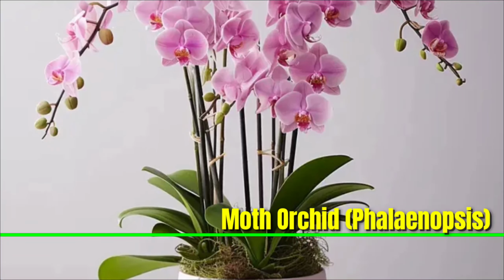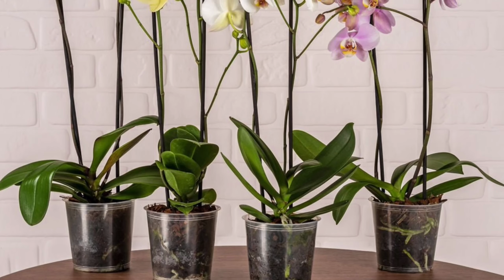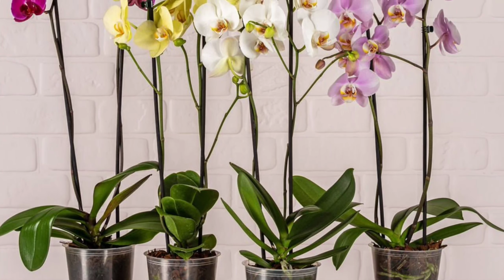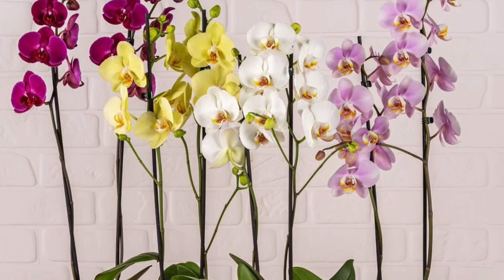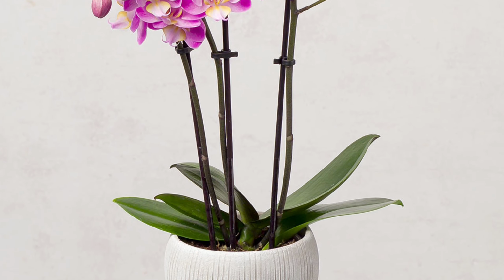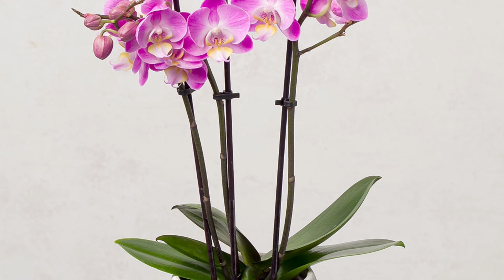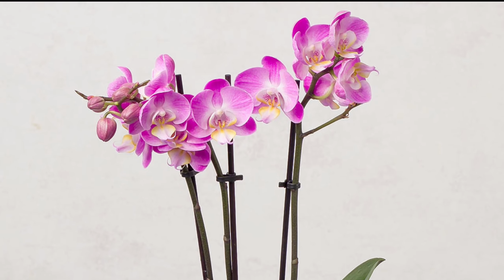Moth orchids, Phalaenopsis. It can thrive indoors during winter with proper care. They prefer bright, indirect light and temperatures between 65 to 75 degrees Fahrenheit during the day, with cooler nights. Water when the top inch of the potting media is dry, typically every 1 to 2 weeks, ensuring good drainage